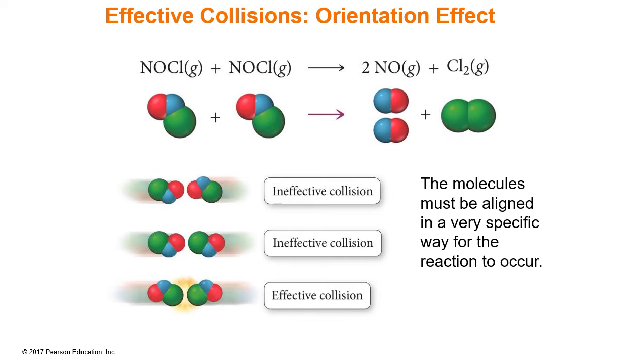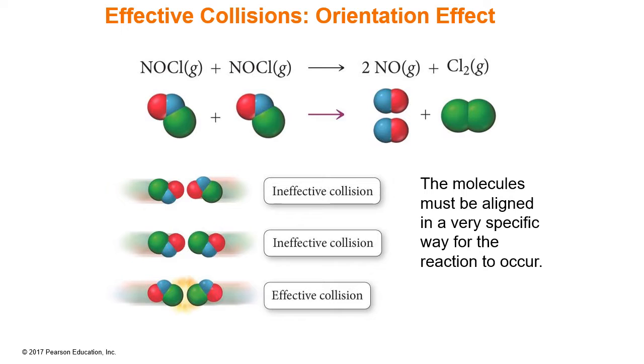The orientation effect has to do with how the atoms are aligned. They have to be making the collisions in a very specific way in order to have an effective collision to